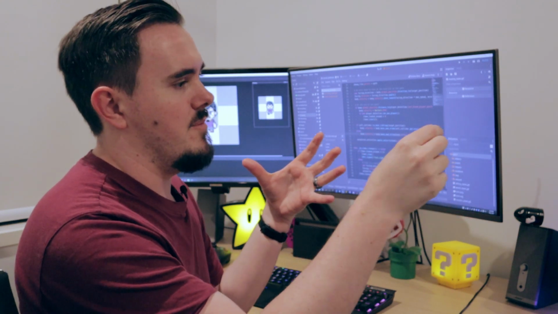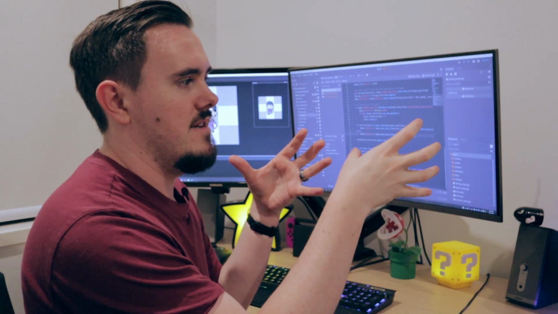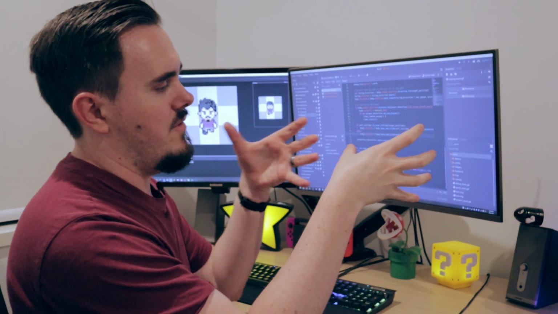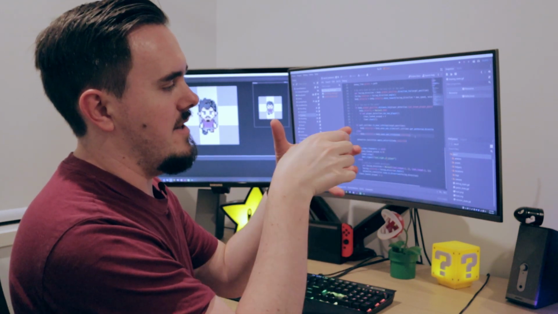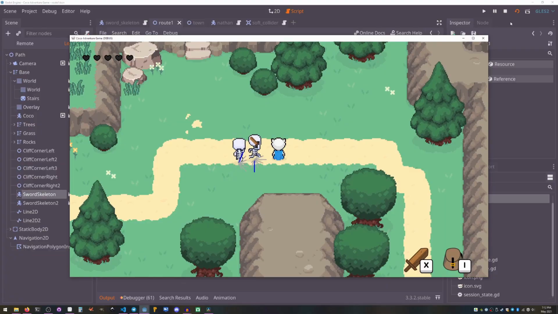So like, if the player is over here, you have a skeleton here, and this skeleton's trying to get through, these rays will be colliding, but the best fit might be up here, so that way it will go around this way until finally it can get through to the player.